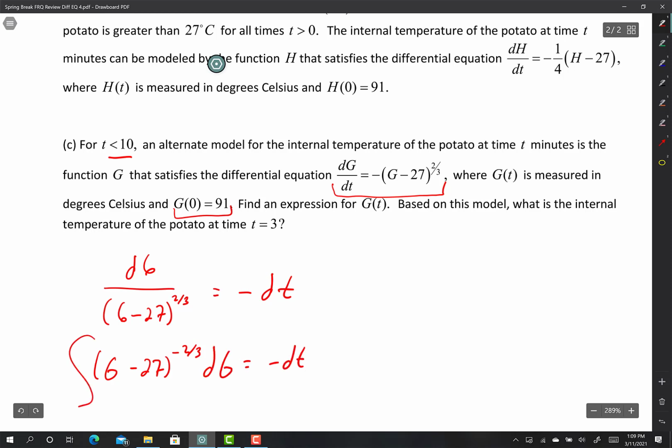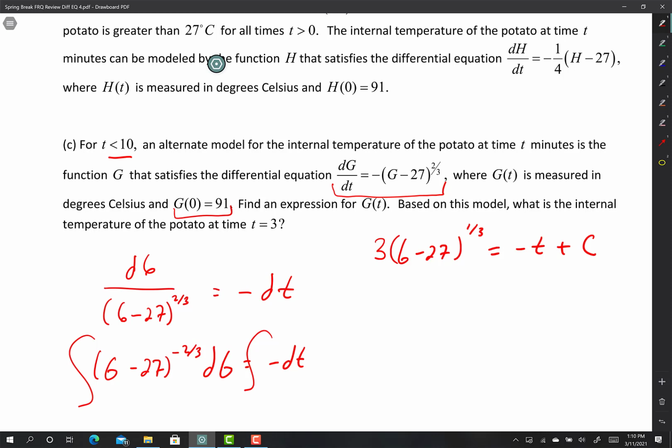And now I'm going to integrate. So let's see what we get here. Plus 1 divided by that. So negative 2/3 plus 1, that's going to be 1/3. So (g minus 27) to the 1/3, divided by 1/3. So I'm going to have a 3 up here. Yeah, it looks correct to me. Let me just make sure. Yeah, I think we're good, guys. We have a linear term on the inside. That's perfect. Equals, let's see, what is it going to equal? Negative t plus c. I think there's a good location to plug in 0 and 91,